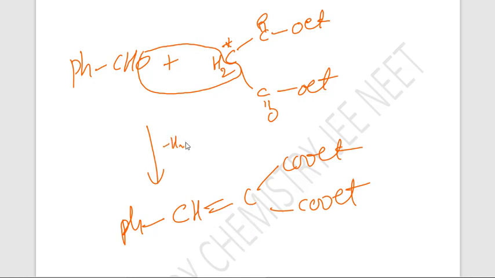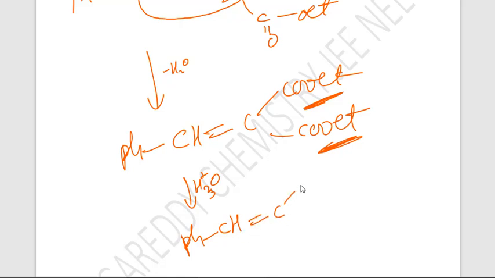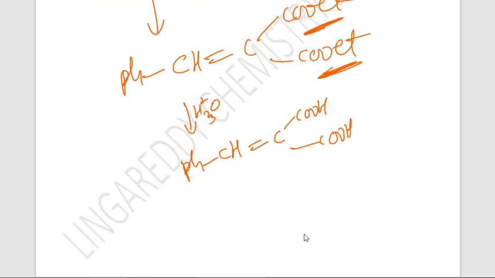Here minus water molecule. Now next step we are doing hydrolysis. Okay, H3O plus hydrolysis. Hydrolysis में ester becomes carboxylic acid. So I am writing here PhCH double bond C COOH and COOH. केमिस्ट्री में वो जनरल रूल्स कुछ होता है. On same carbon 2 OH groups are there, one water molecule is removing. On same carbon 2 COOH groups are there, one CO2 will be released by heating.